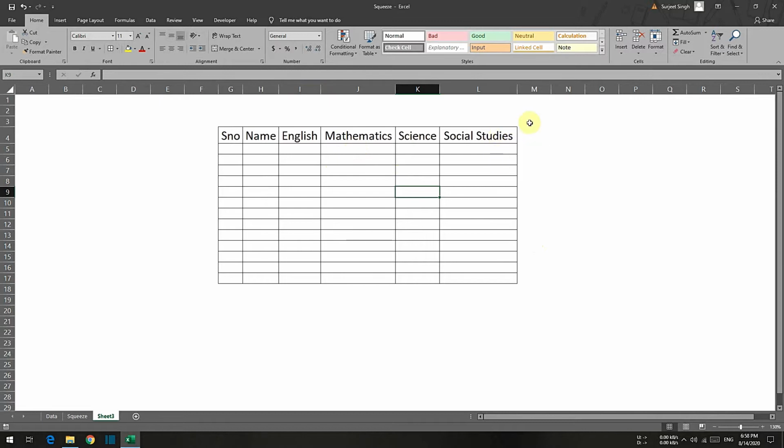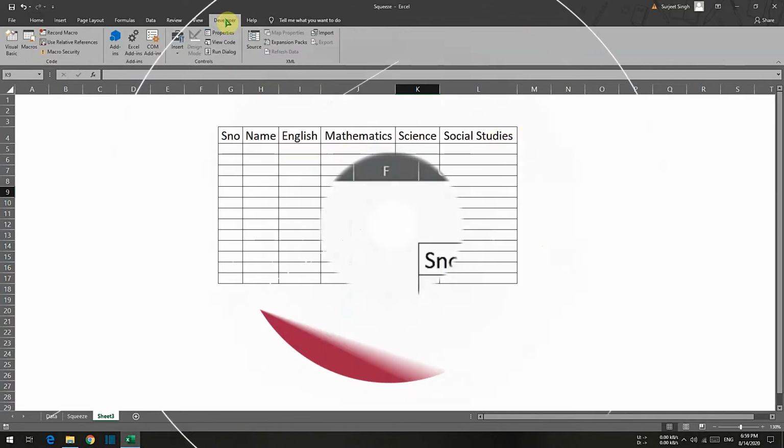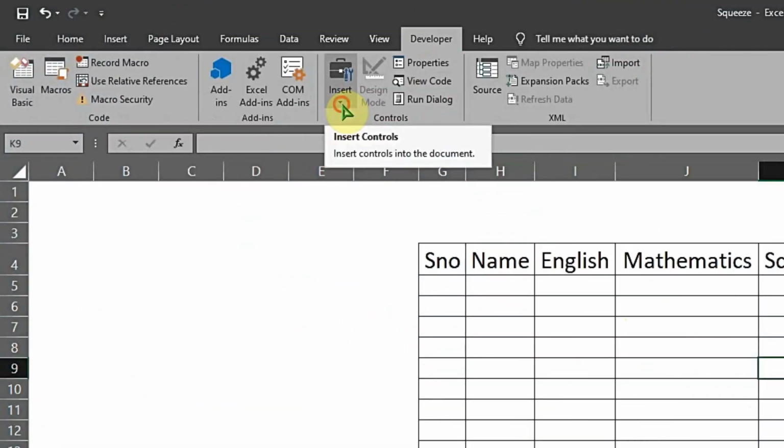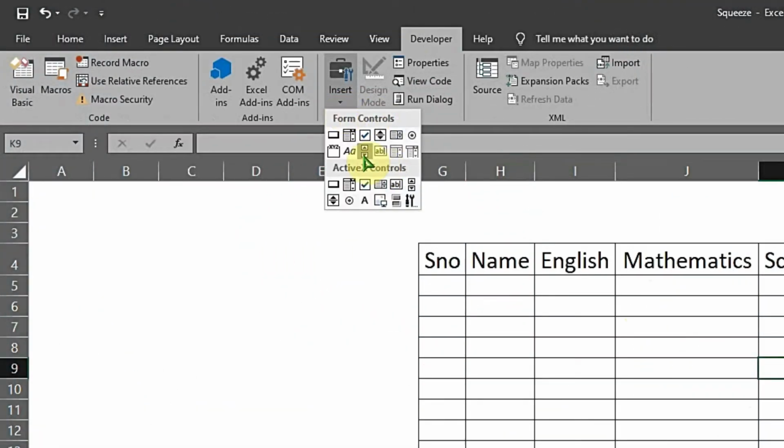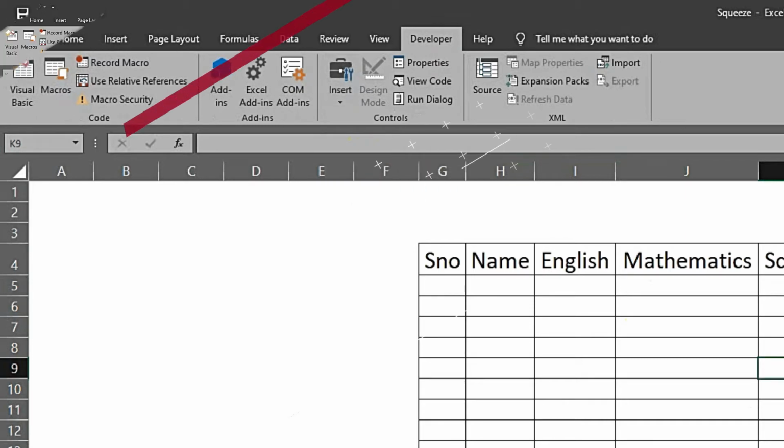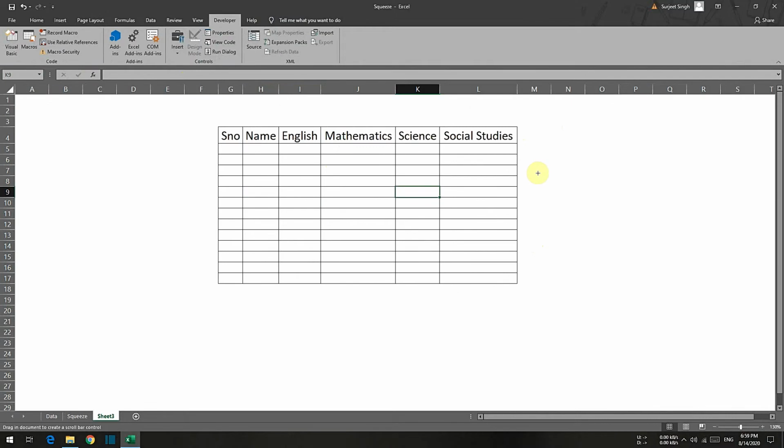Now to add a scroll bar, I have to click on Developer, then click on the Insert arrow and click on Scroll Bar form control. Okay, so I have this plus sign, as you can see, so I will draw the required scroll bar here.